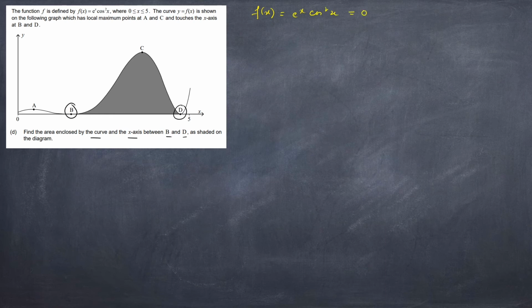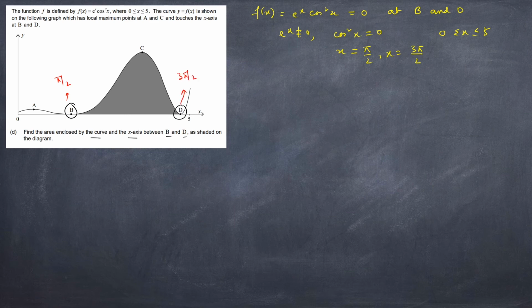This will be 0 at this particular point, at B and D, e to the power x cos square x will be 0. So e to the power x cannot be 0. So ultimately cos square x is equal to 0. So if cos square x equals 0, in the interval 0 less than or equal to x less than or equal to 2 pi, x can take only the values pi by 2 and x equals 3 pi by 2. So the values we are getting are: this is pi by 2 and this point is 3 pi by 2.